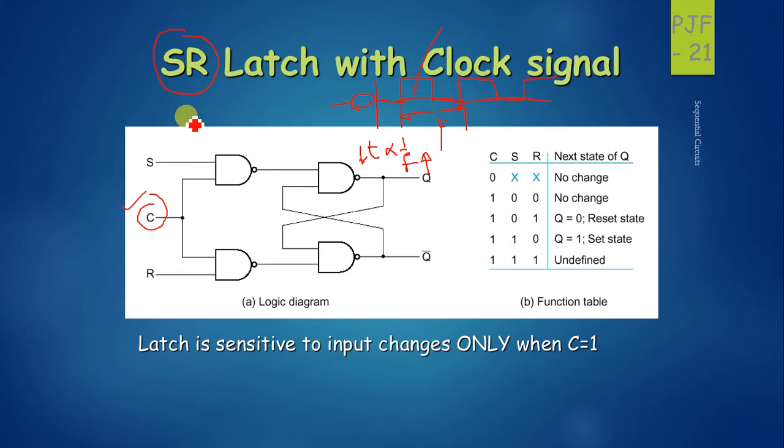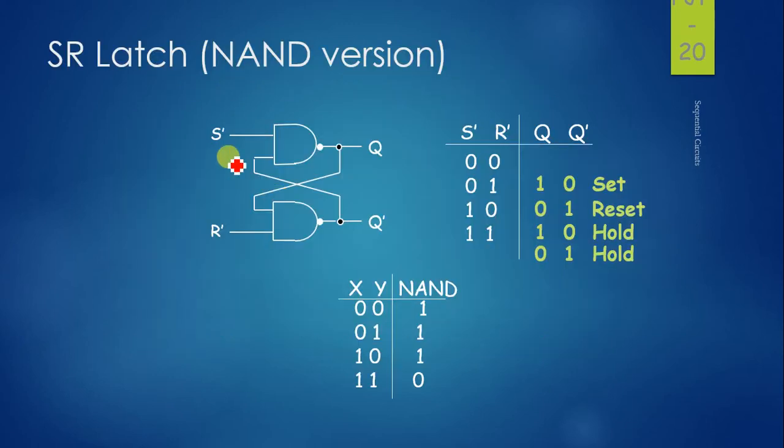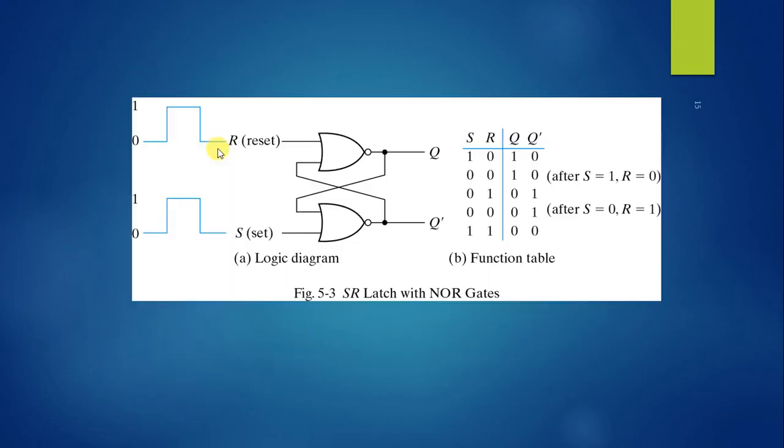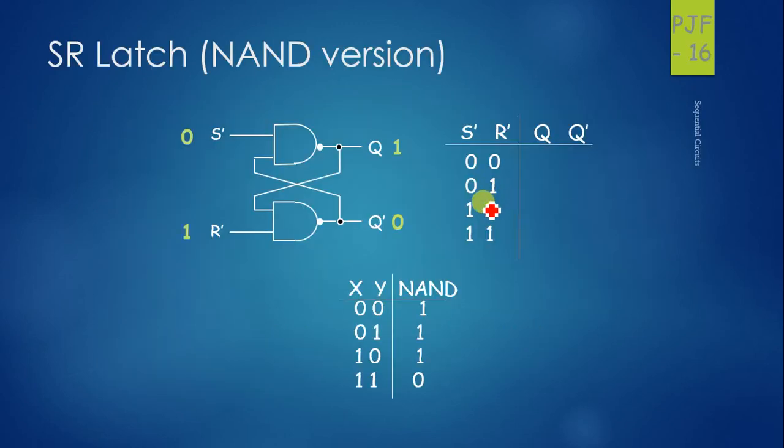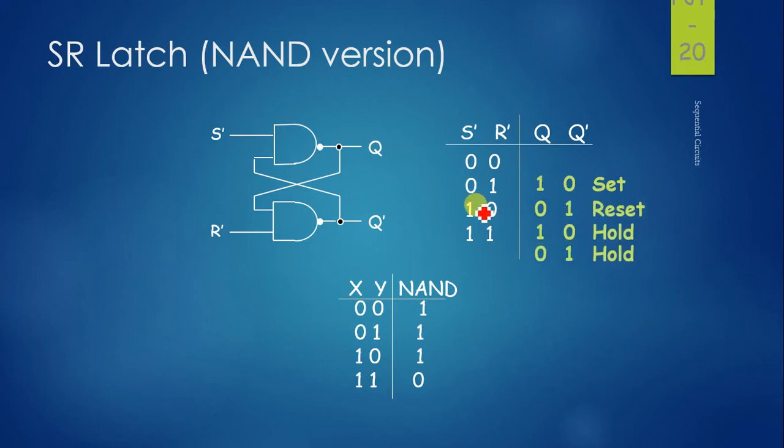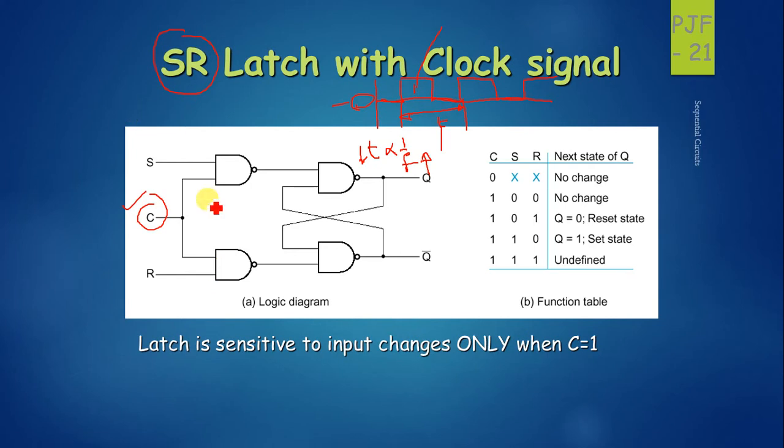Generally, in the previous case we have seen a simple SR latch using NAND gates and an OR gate. In all the different 4 cases we have seen what the output is, right? Similarly, in the case of the SR clocked latch, the biggest advantage is you need not worry about switching between states. It will automatically take S and R at different intervals, right?